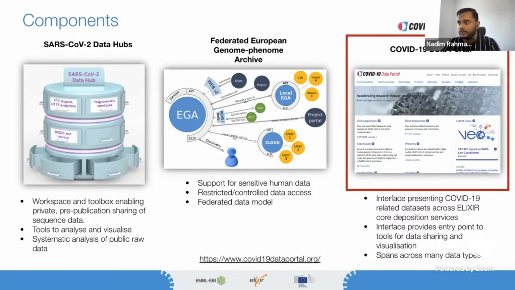This is also particularly useful when groups are part of consortiums and closed groups who wish to share and check data before they're actually ready to release it. These data hubs may also include tools to analyze and visualize their data, and bring those to the actual data sets and data hubs. And some of these aspects are already being used as part of the systematic analysis of public raw data within the COVID-19 data portal. And so this is in collaboration with the VO project, and we're producing